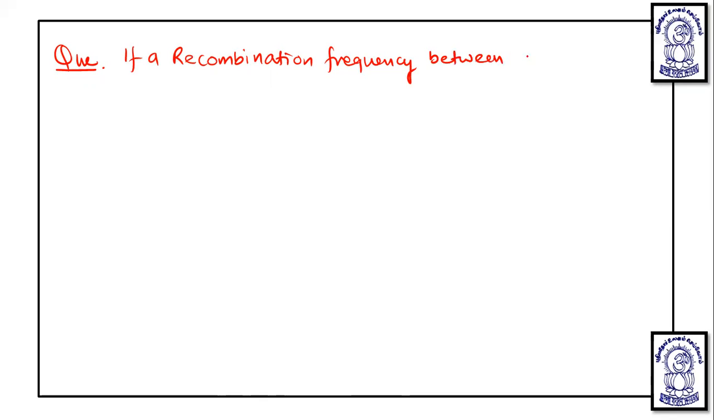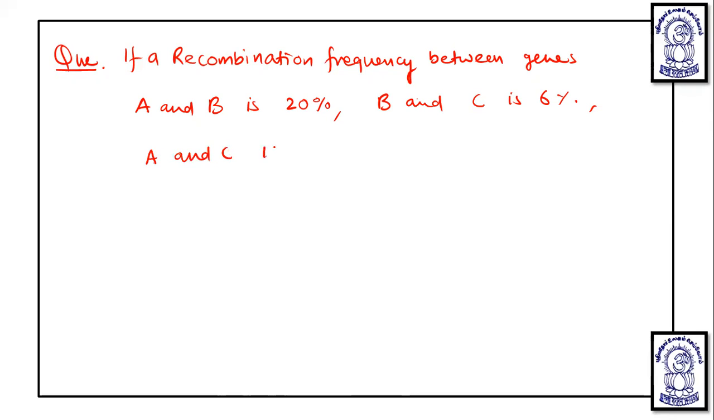between genes A and B is 20%, between gene B and C is 6%, then between A and C is 14%,